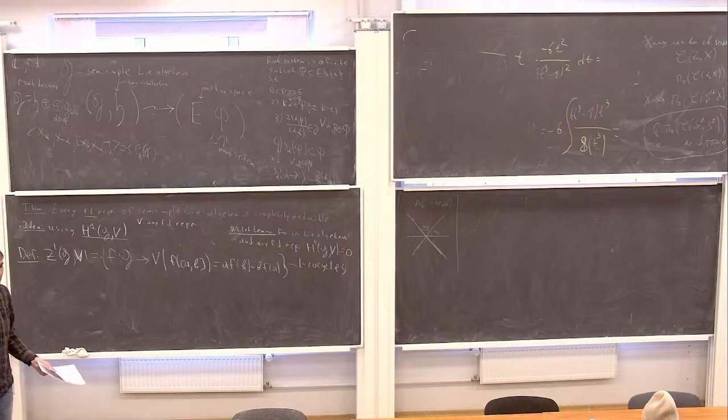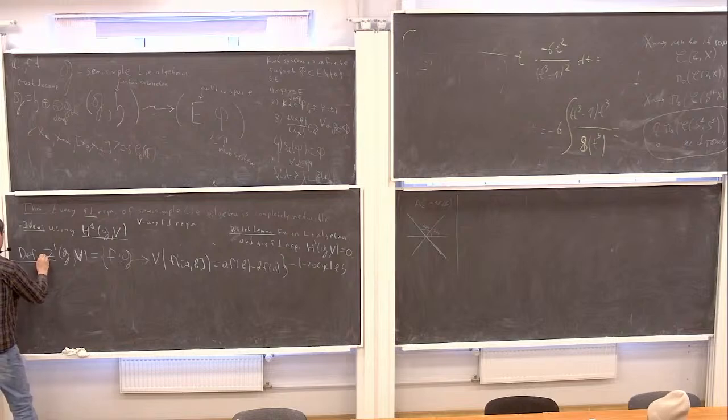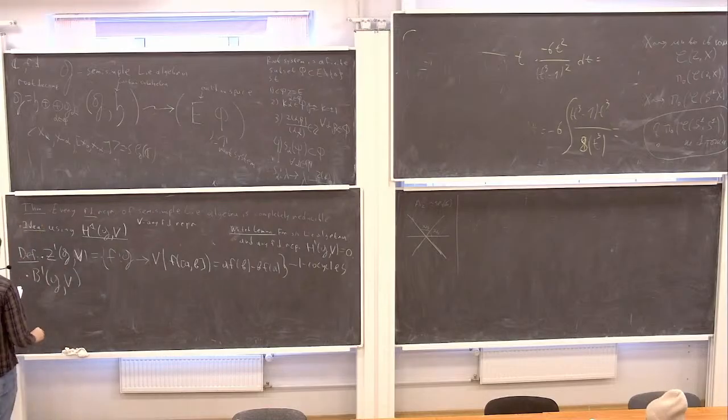So for completeness, I should define the complex which corresponds to Lie algebras, and the differential, and its cohomologies, and it's possible to do it. But we only need first cohomologies, so I just define them by hand. So this is called one cocycles with values in V. We can consider